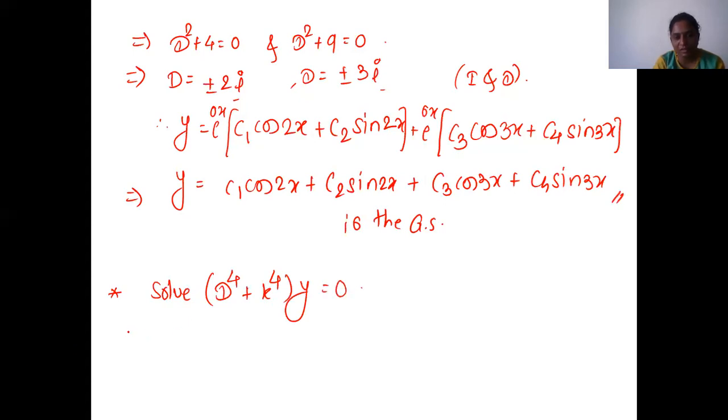We have seen minus, now we see plus. D raised to 4 plus K raised to 4. Whenever it is 4 and higher than that, we have to think, as it is not solvable on calculator. Okay, so consider the auxiliary equation. Do you have any doubt in the previous? I am waiting. Please ask. Okay, so I guess no one is having doubt. So come here and see how you can solve this.